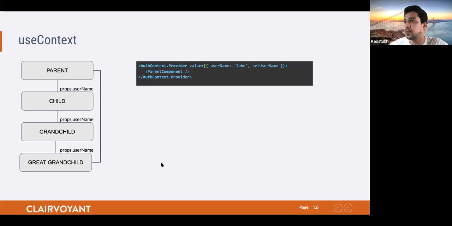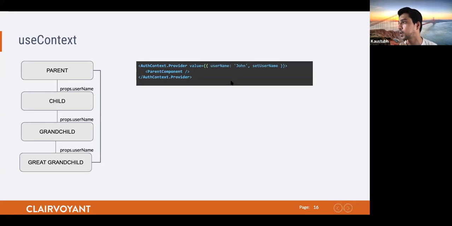Now, if this problem is to be solved by hooks, then we would just create a context provider here. In short, context works in a provider and consumer fashion. So whatever we wrap inside a provider will hold the state value, and whatever is wrapped will automatically be subscribed to that parent state. For example, if I write a provider where I pass in a value, by the way, context only accepts one parameter. It can be an object like shown.